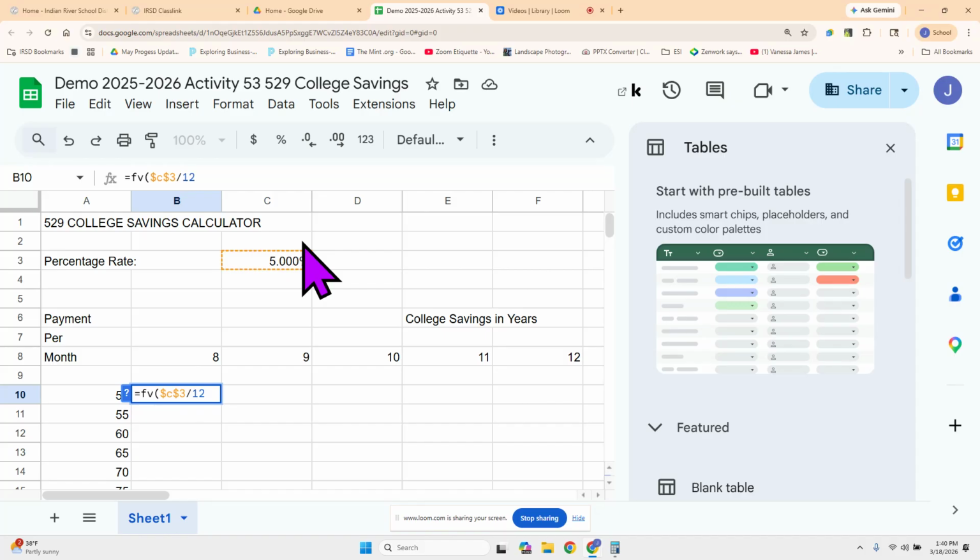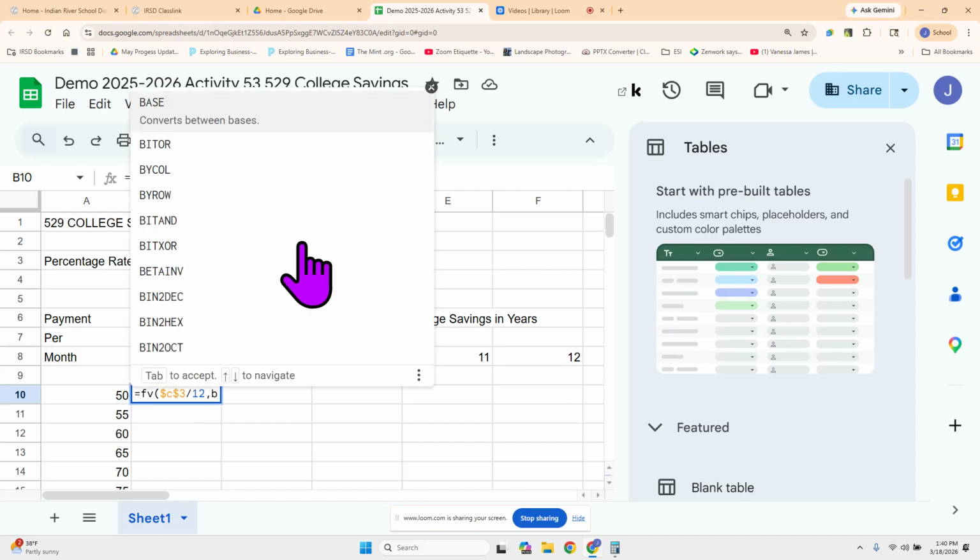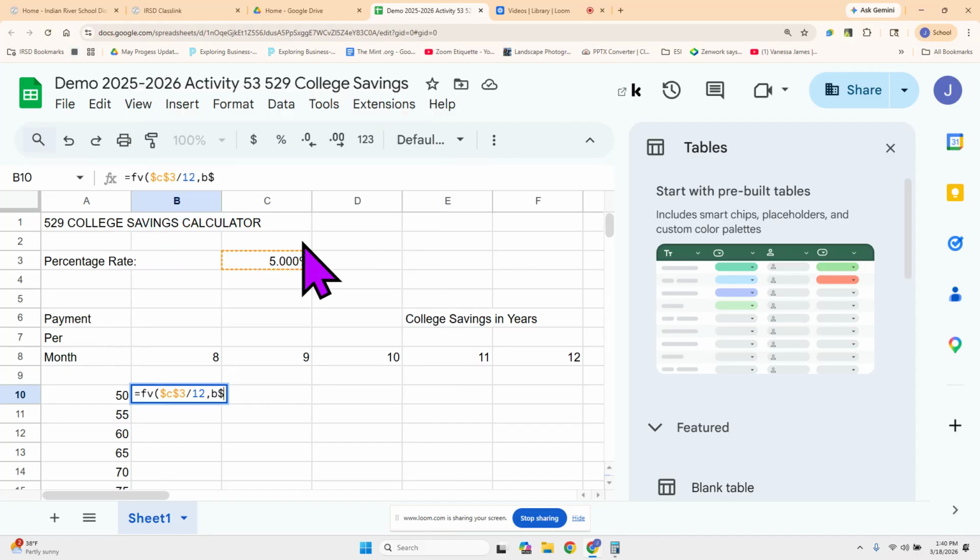So it gives us the interest per month, comma, B$8. So now it's always going to go to row 8. It's going to go to C, D, E, and F, but it's always going to go to row 8. Okay. Times, which is the asterisk, 12. Okay. Comma,